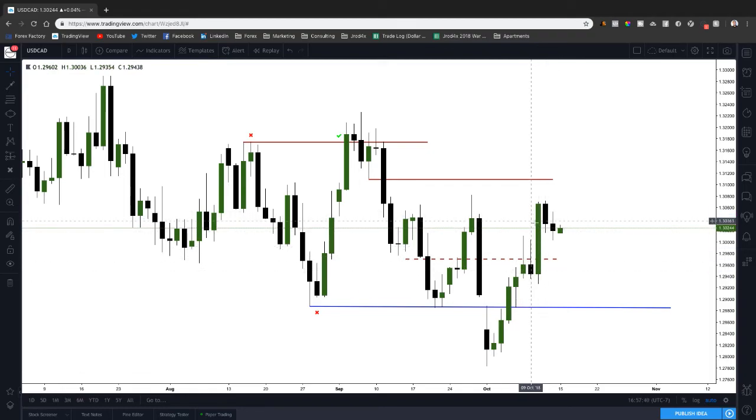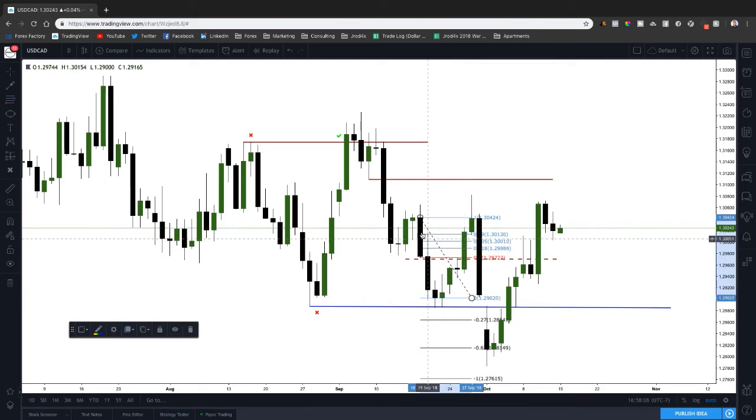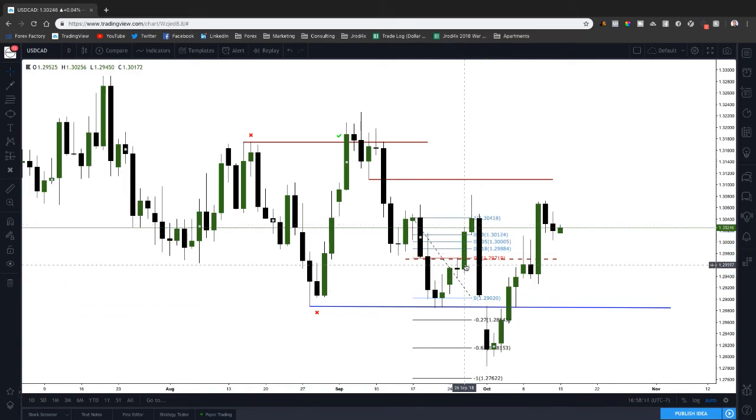This pair is showing, I don't want to say tons of strength because it's not, but it's showing some significant strength. So this dotted line is the 50% level of this. Let me actually make sure I'm giving you guys the correct thing here. Okay, so it looks like it's a little off, not really calibrated perfectly, but